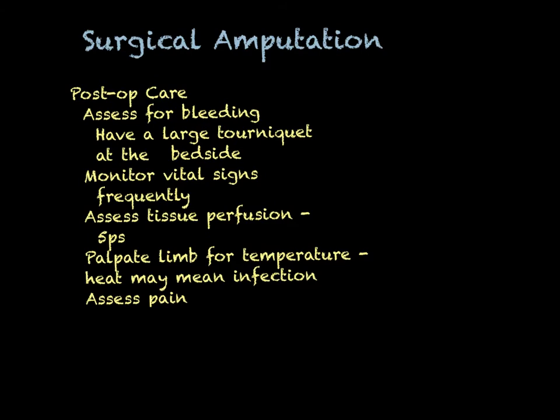Obviously, this person is going to be in incisional discomfort, but what might not be obvious to you is phantom limb pain. And this is the patient who says, "My foot is killing me. Oh, would you please give me something for my foot?" And you go, "Wait a minute, you don't have a foot anymore." Well, that nerve has memory, and where that nerve was crushed and severed, it remembers that pain. People at highest risk for phantom limb pain are people who had neuropathy and were already experiencing a great deal of pain in that extremity. As I said, that nerve can be irritable. It can remember that pain.